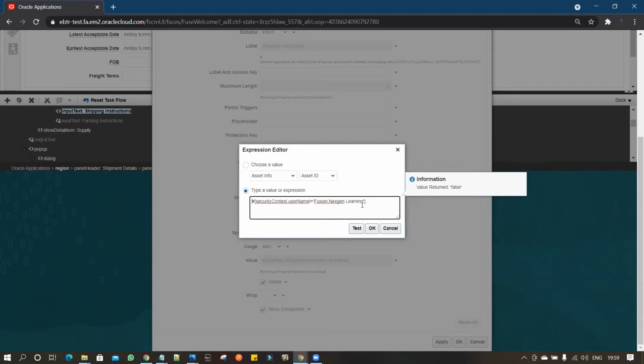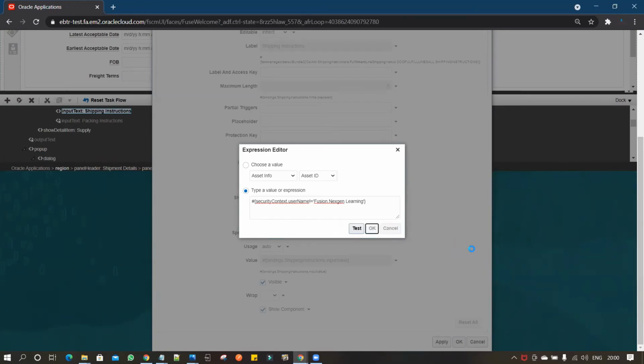So now you can see, the earlier condition we made was equal to, so that it will be true for the respective user and other users cannot see the shipping instruction. So we return back the condition, saying to the system that if it is Fusion NextGen learning, then hide the field, and for other users it has to be true. So now we have validated it.